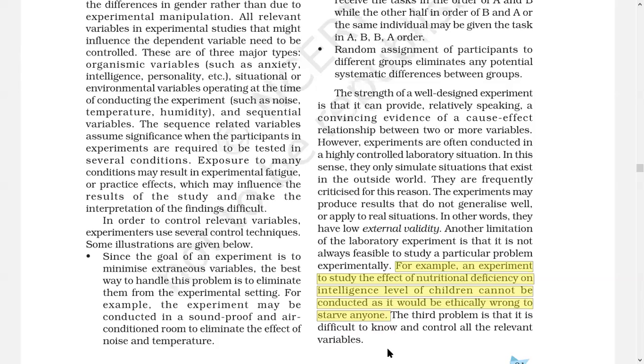Even in a smoking experiment, that is also ethically wrong. Many conditions cannot be controlled in a laboratory, but in such a situation, they will use other methods like using some organisms, say experimental lab rats.